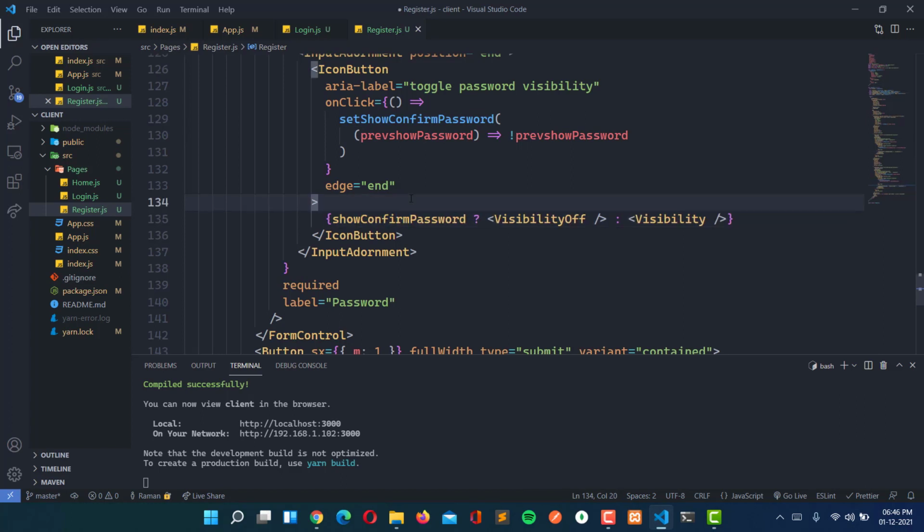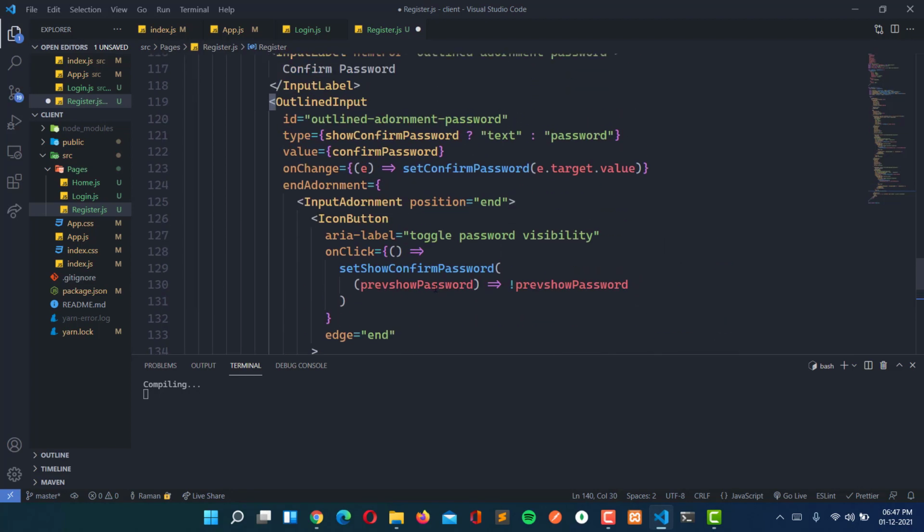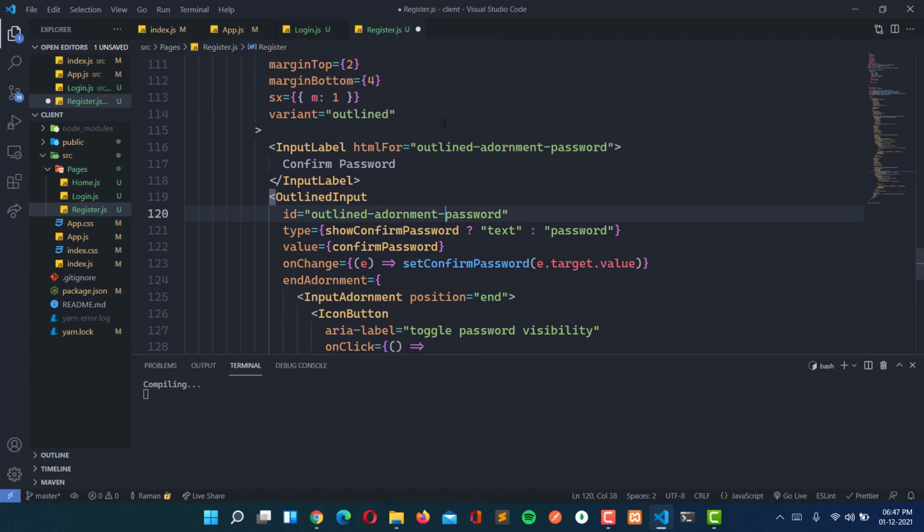Save this. Now this will be different, and we also have to change the label, so that will be confirm password. And we also have to change the ID because the ID can't be the same.